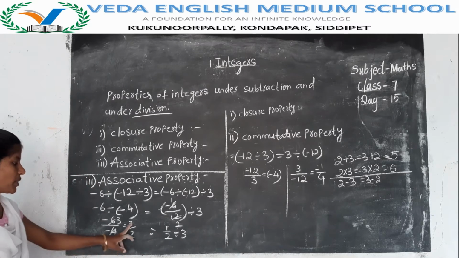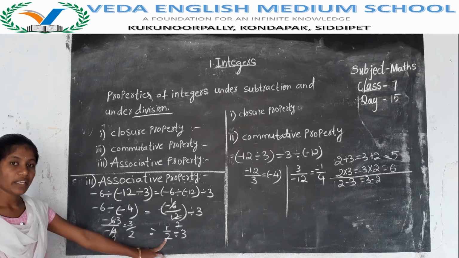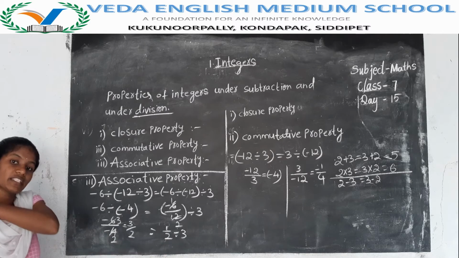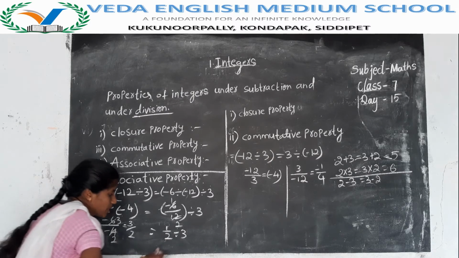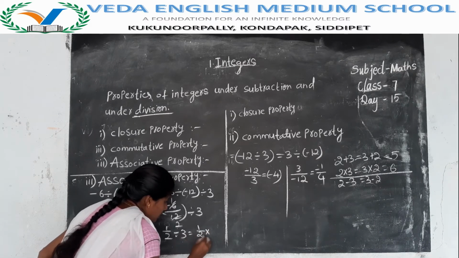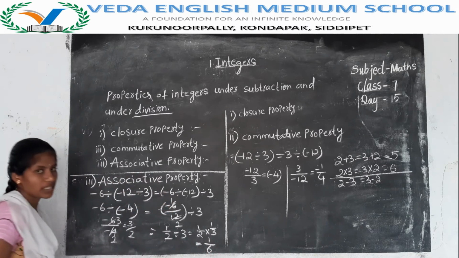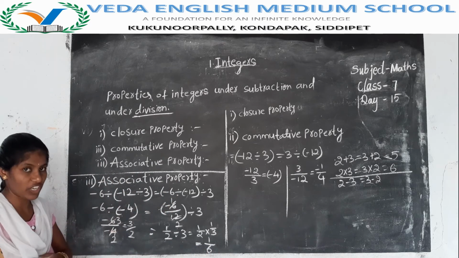See, minus 1 divided by 3 means, while we are doing division, there is a reciprocal. You have to write the reciprocal for this. That means it becomes minus 1 by 2 into 3 by 1, which becomes 1 by 3 as the answer. About reciprocals we will learn in the next chapter.